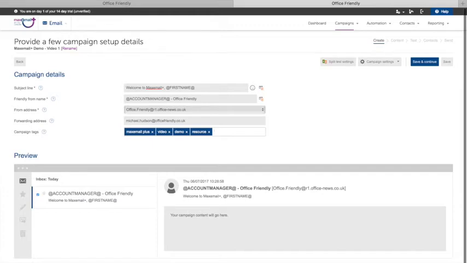Now, depending on the different campaign that you're sending, you can tag it accordingly. You could tag things for existing customers. You could tag things, whether it's a promotion or a competition, or even the kind of season that is, so summer, Valentine's Day, etc. And then in the future, when you're looking at your list of campaigns, you can actually